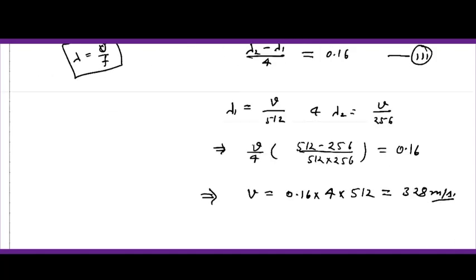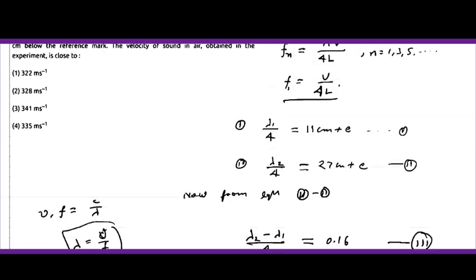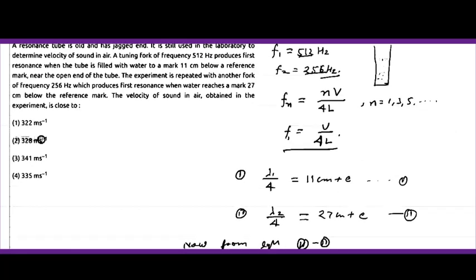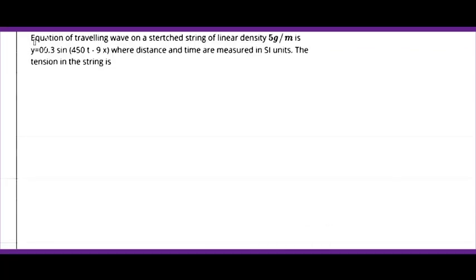ठीक है, तो ये हमारा आंसर होगा जो कि हमें फाइंड आउट करना था। तो वेलोसिटी ऑफ साउंड जो निकल के आ रहा है इस एक्सपेरिमेंट के थ्रू, वो 328 मीटर पर सेकेंड आ रहा है। तो आंसर में चेक करते हैं, तो जो इसका सेकंड ऑप्शन है 328 मीटर पर सेकेंड, इसका राइट आंसर होगा। ठीक है।